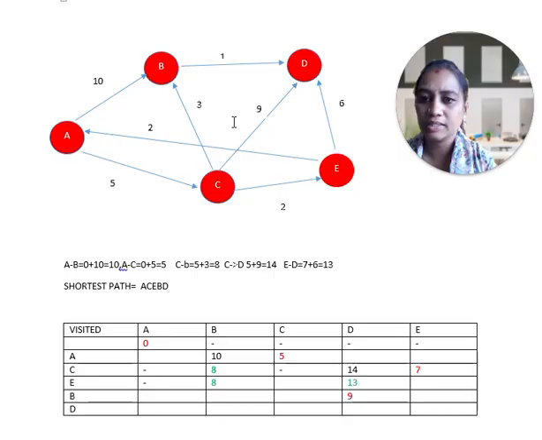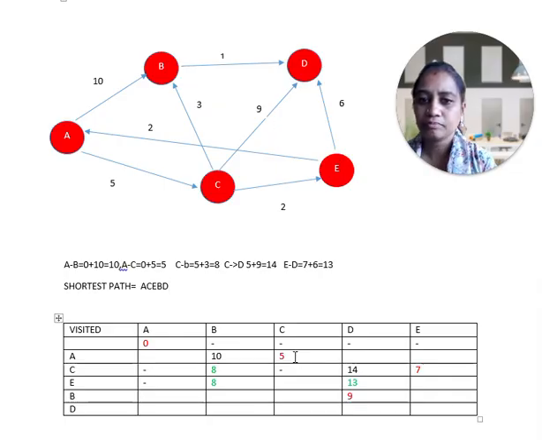Suppose they ask what is the minimum cost of reaching from A to B. So A to B, what is the cost? The updated one you have to tell, 8. You should not tell 10. In the sub-question, if they ask what is the shortest path from A to B, you have to tell it as 10. So what is the cost of moving from A to C? Then you have to say 5, the updated one. If you write this, then it is more than enough.